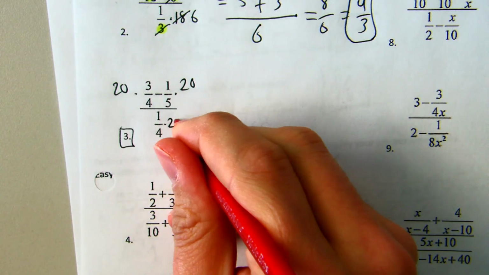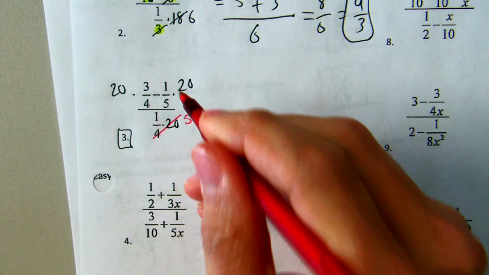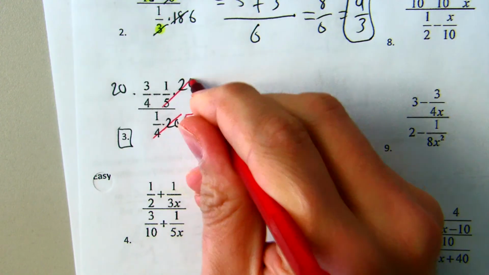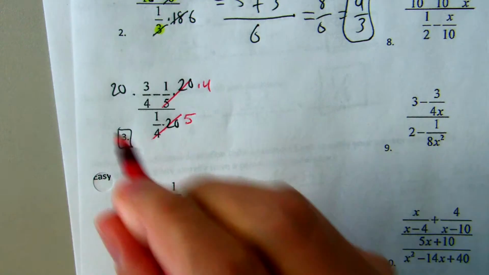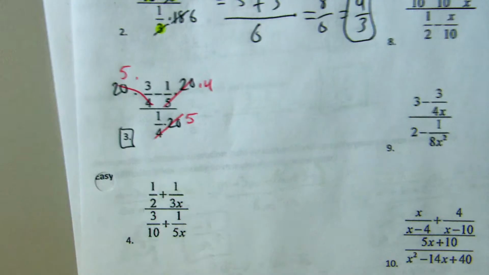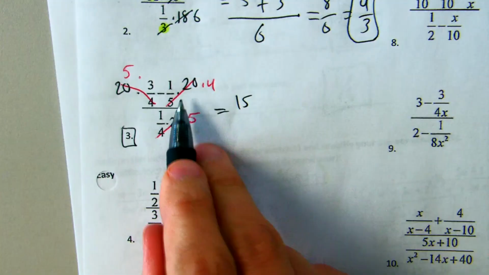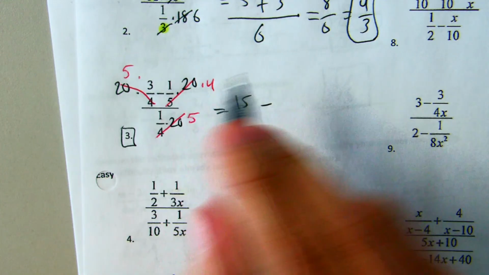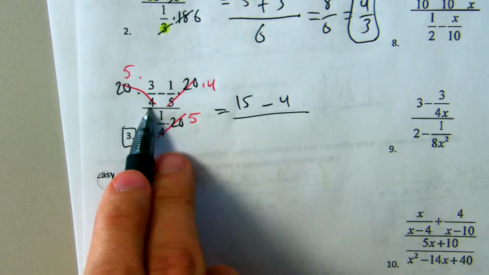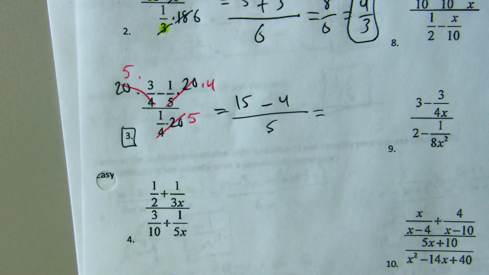So times 20 divided by 4, that's like multiplying by 5. Times 20 divided by 5 is like multiplying by 4. Times 20 divided by 4 is like multiplying by 5. So you end up with 5 times 3 minus 1 times 4 all over 1 times 5. And again, usually once you get to that point,